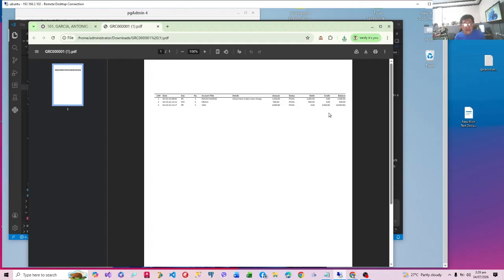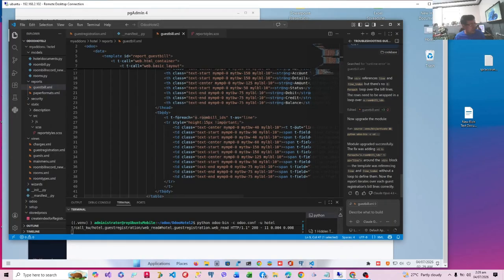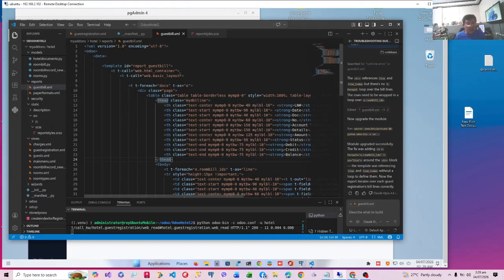Now let me introduce how we need to put a footer that will put the totals under this. I've already prepared it myself. We are going to use variables and recompute them in certain areas. So initially at the top we have to initialize. Let's start with 3 variables, especially at the body.